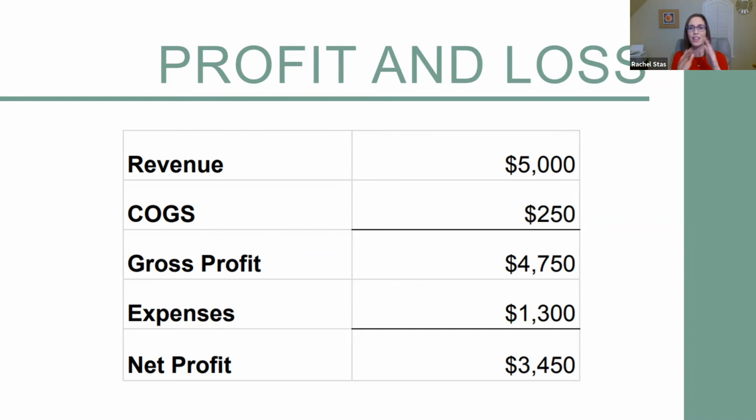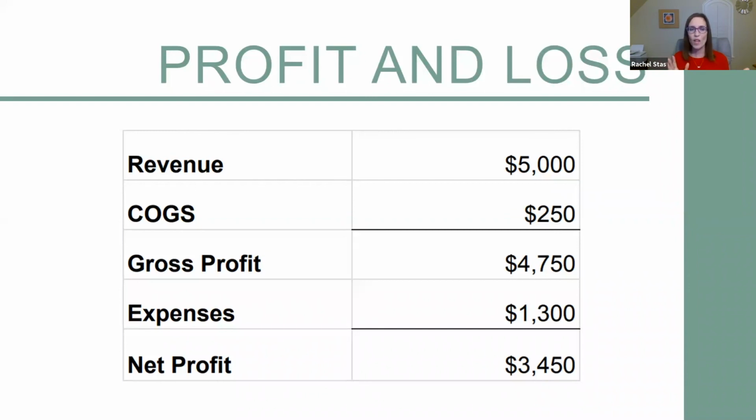Then you can break it out, where it's like print advertising and Facebook advertising and stuff, where you can kind of see where your money is going that way. And kind of highlight your problem areas, but you do not need 40 different expense lines. That's so overwhelming. You're going to lose the forest for the trees.